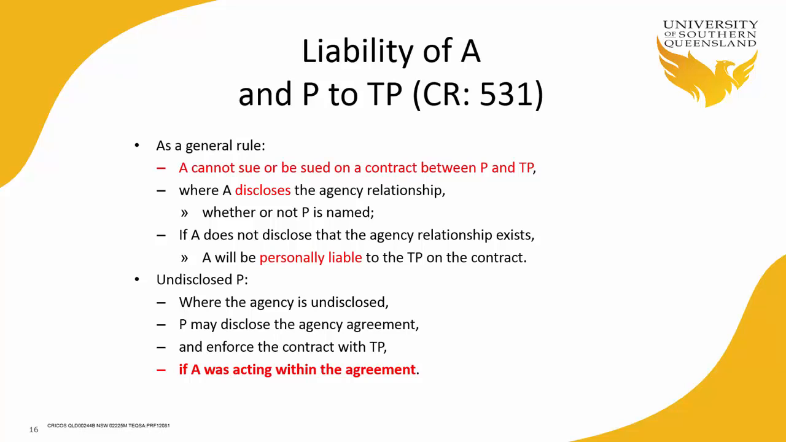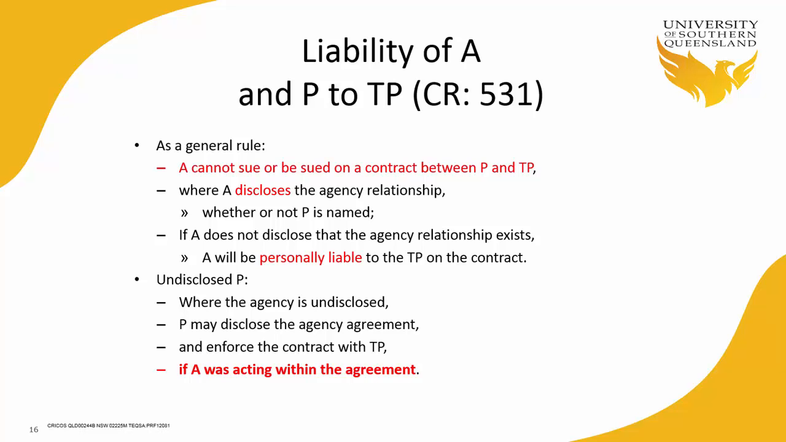So this starts our discussion on page 531, and there's an in brief box there. It says at the top, as a general rule, an agent cannot sue or be sued on a contract between a principal and a third party where the agent discloses the agency relationship and names the principal, or the agent discloses the agency relationship but does not name the principal. So either way,